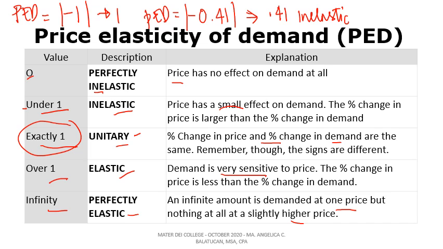So what if the price elasticity of demand is 1.5? So get the absolute amount. So this is 1.5. So since this is greater than 1 or over 1, so therefore this is elastic. Okay, so we will determine if this is greater than 1, less than 1 based on the absolute amount, and we disregard the negative sign.